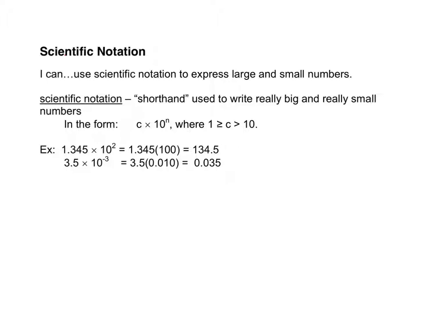Scientific notation always looks the same. It's notation, meaning it's a way of writing things. So the way of writing things is always a number times 10 to a power. And that number, called the coefficient, is always between 1 and 10. In other words,